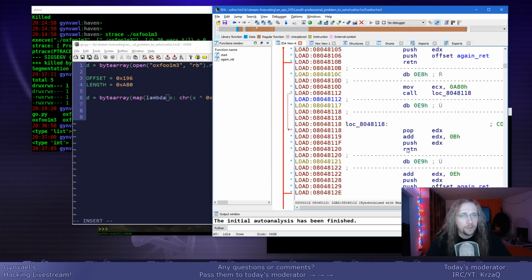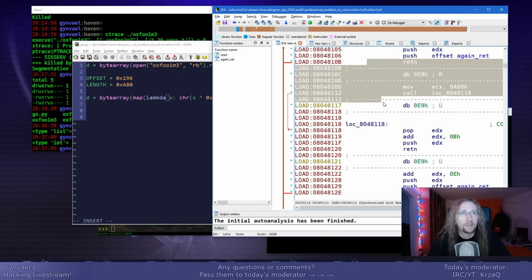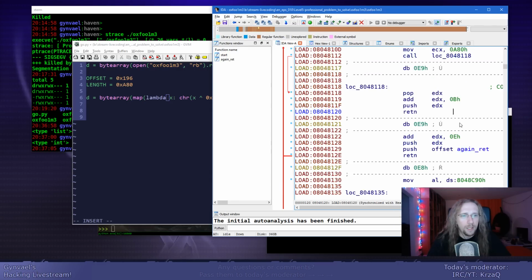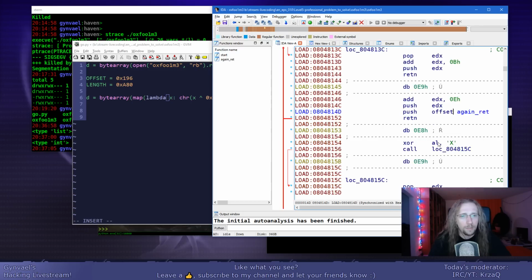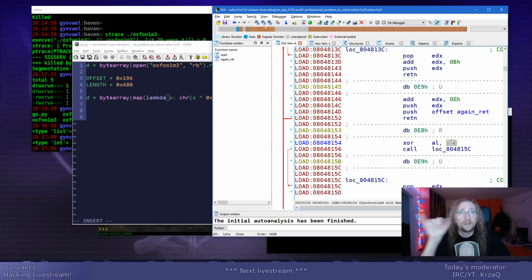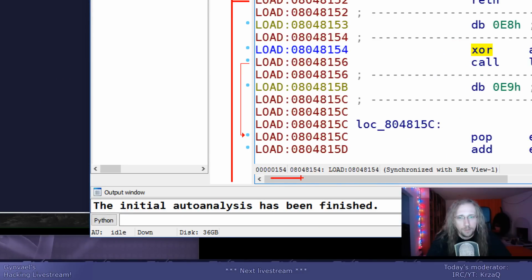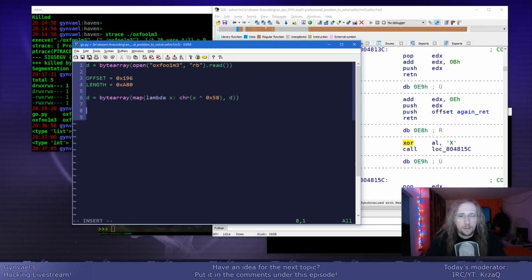Now, what I need to do is, because I decrypted, but when I start my output binary, it will be decrypted again by this code, right? And I want to avoid it. The easiest way to avoid it would be to patch this instruction. I'm going to change this X to 0, because if you XOR anything with 0, it just gives you what you started with, so that won't change anything. Therefore, I need the address of this instruction. It's actually at this offset, which is 154. So D154